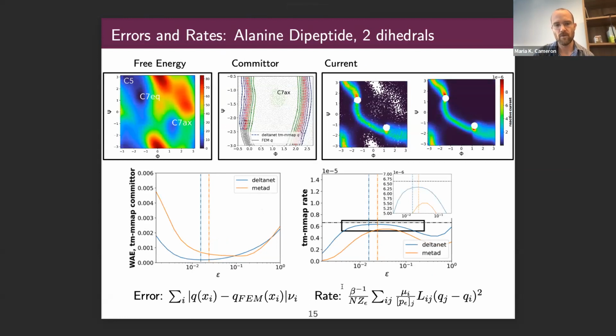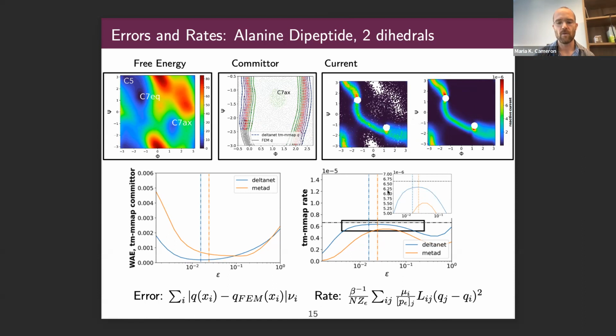If we're just looking at two dihedral angles for alanine dipeptide and trying to solve the committor, in this case, we can actually do a model reduction error analysis with respect to the finite element method applied to these two variables. We can solve that PDE in 2D, and that's in these black lines here, and it lines up quite well with the committor. In this case, we're looking around this minima here because this is where the committor is non-trivial, this transition region here. Likewise, the current on the left is from our method, and we can get quite close in the scale and also in the place where the magnitude is